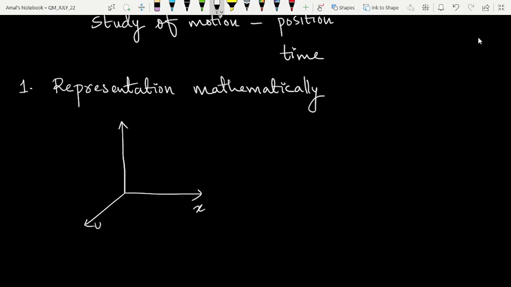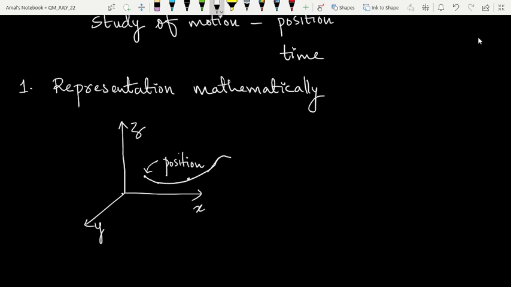X, Y, Z, and a point in this coordinate system represents the position of the particle. Okay. As time progresses, this point changes, that is position changes, and we will get a curve,